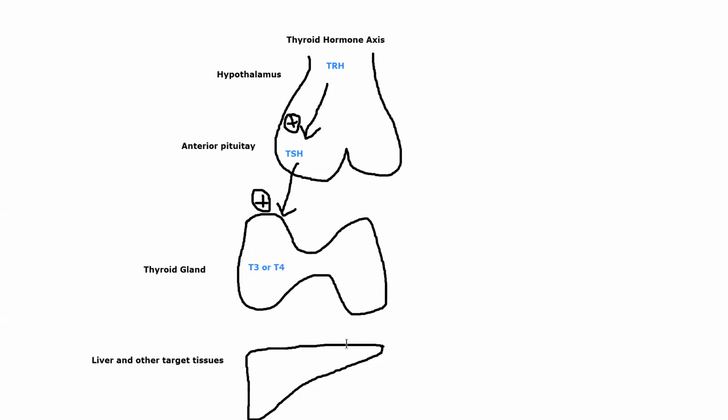And that T3 or T4 I described as being a little bit different in its function. So T3 is going to be the more bioavailable form that goes to our target tissues. And I'll put 2 plus signs here because it's going to be really the main active form of this hormone